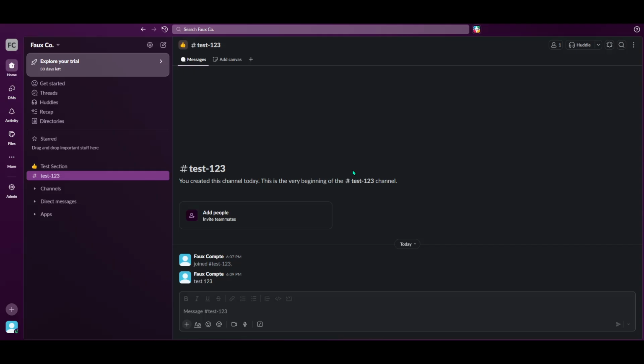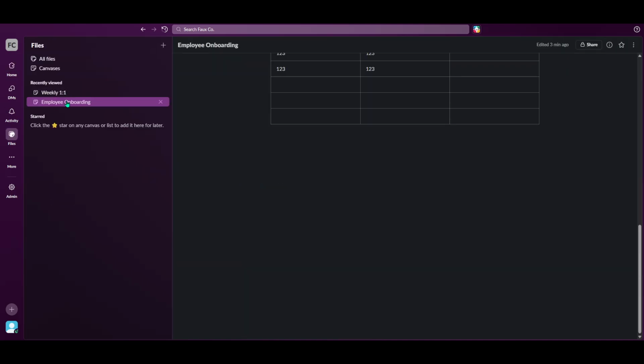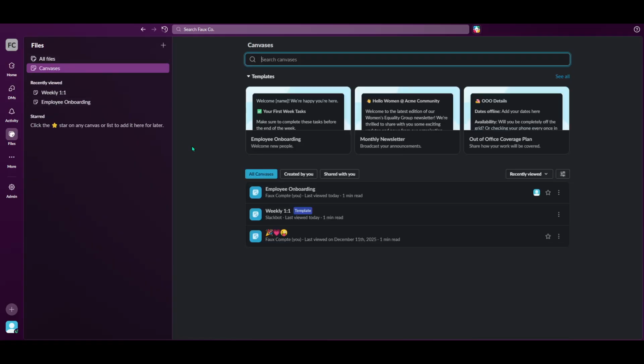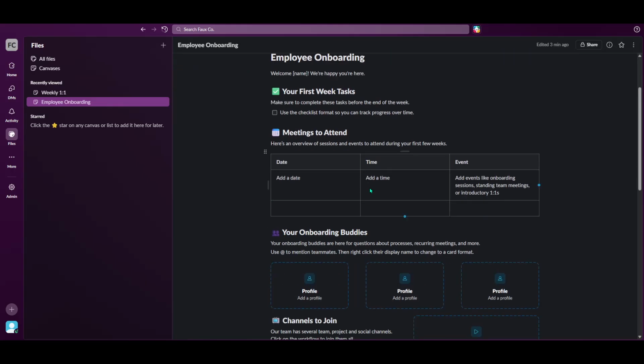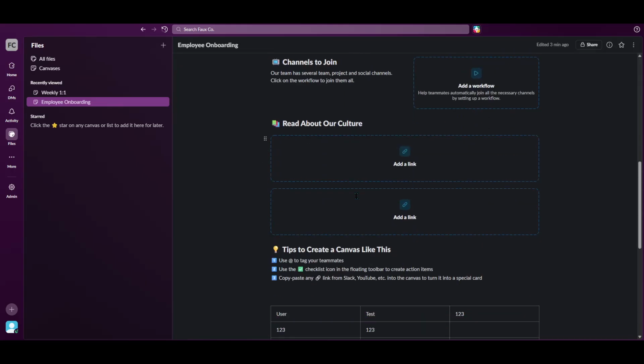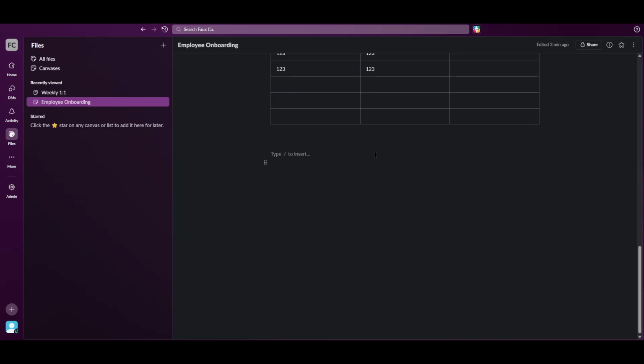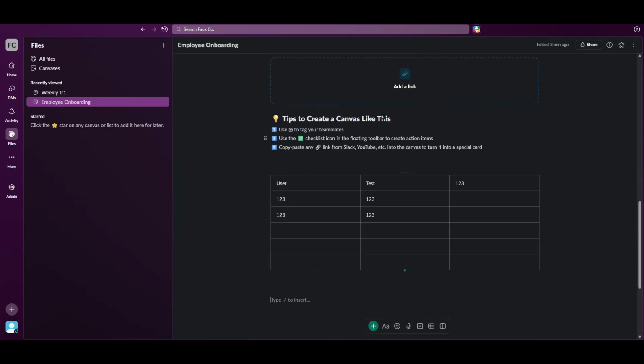First, open the canvas where you want your checklist to live, and move your cursor to the exact spot where you want to place it. A canvas in Slack is like a collaborative document attached to a channel, a conversation, or your own personal workspace. It holds text, links, and other content. So choosing the right location helps your checklist make sense in context. Think about whether it belongs at the top for visibility or below some notes if it's part of a larger